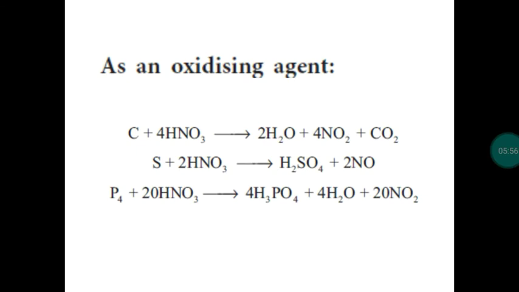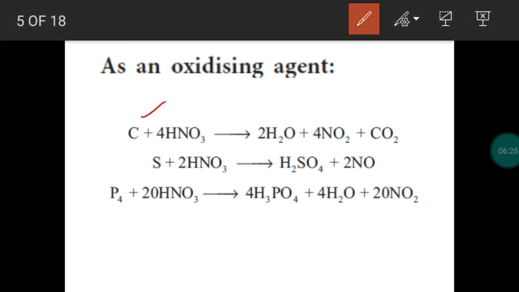Next chemical property: we have to prove that nitric acid is a very good oxidizing agent. If it is an oxidizing agent, it will undergo a reduction process. Already in 11th standard we studied what is an oxidizing agent and what is a reducing agent. An oxidizing agent will undergo reduction easily. It induces oxidation on another substance, but it undergoes reduction. So we can take some non-metals. Take carbon.